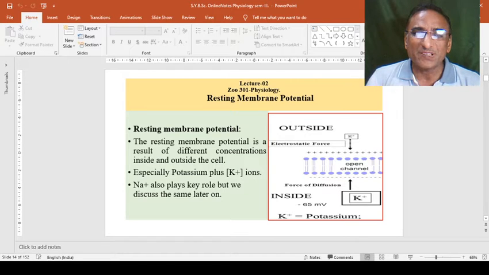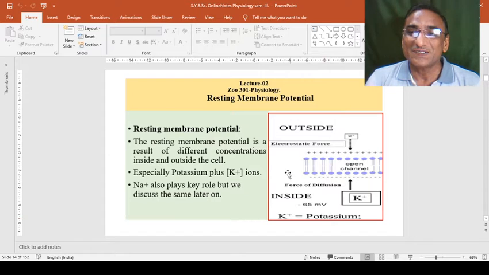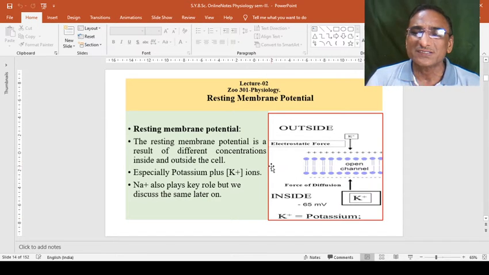Especially potassium, the K plus ions, and sodium, the Na plus ions, play a key role in the membrane. In a small figure you can see the structure of the membrane. In each cell the membrane is either a bilayer or trilayer model. Generally, in the bilayer model, proteins and lipids are always there, and in that membrane, either outside or inside, the biochemical elements or ions play their role in the activities carried out inside and outside the cells.